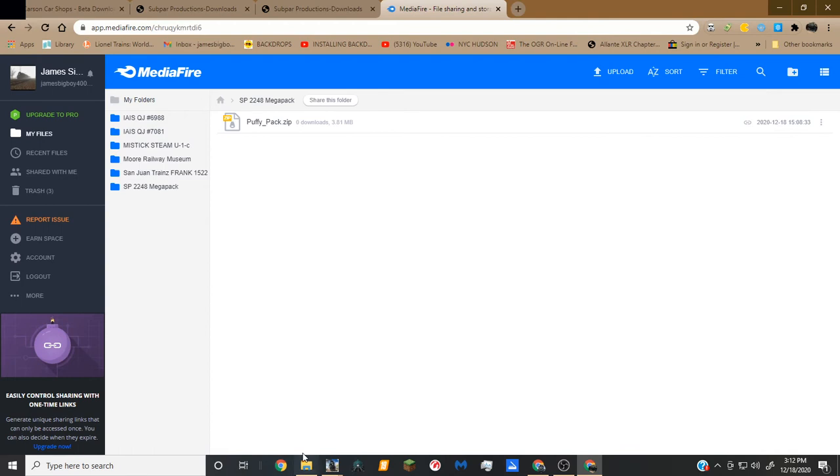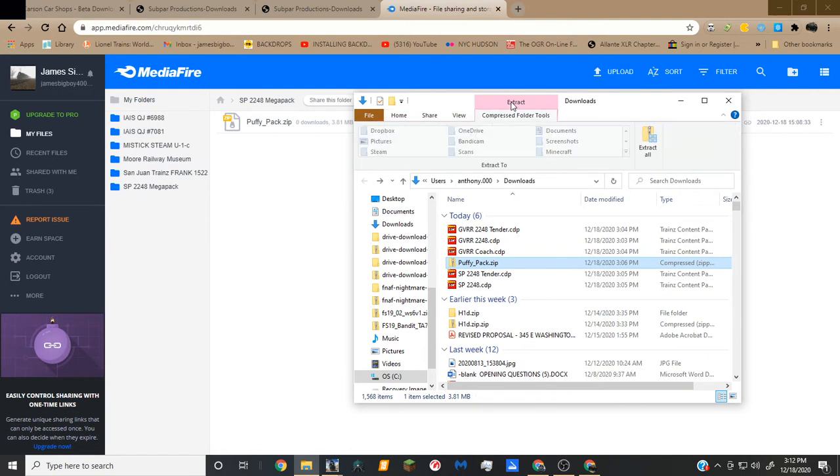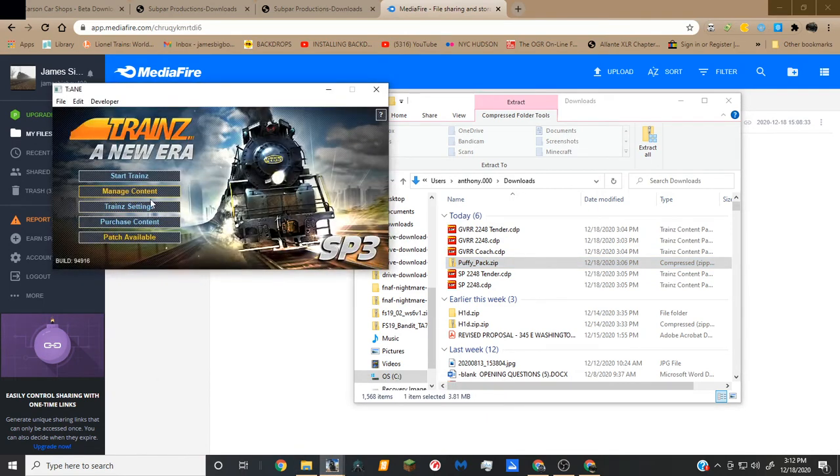And then, so yeah, you want to go into your files here. You can see all the CDPs inside it. So obviously you would go to extract, then do extract all. You just hit extract all, and then it takes you to where you want to store the folder. And then you take those CDPs, and you go to here, and you hit manage content,